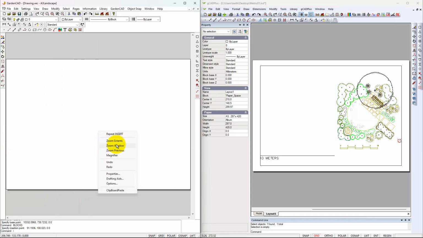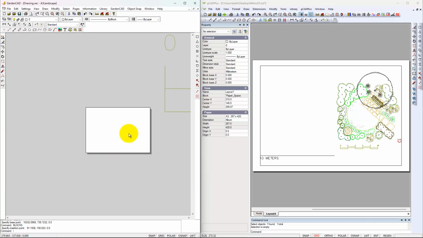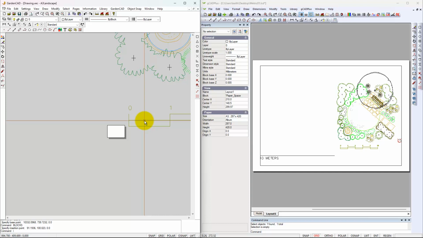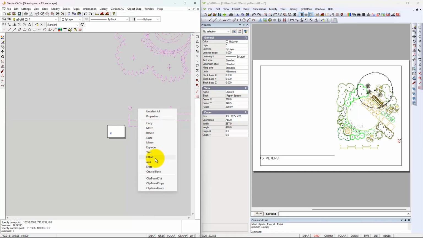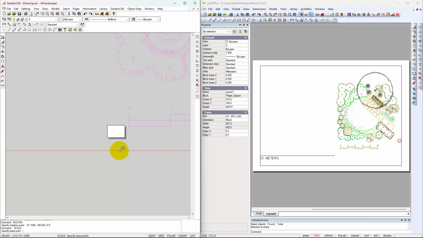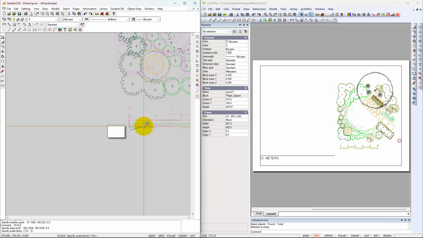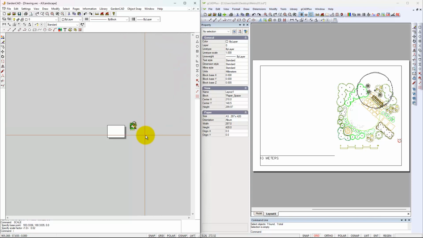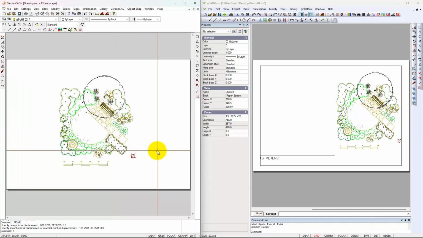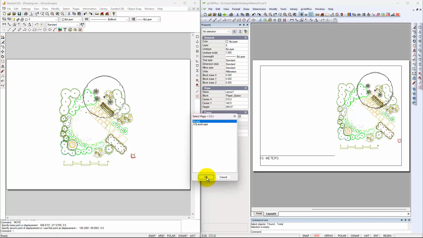If I zoom extents, it'll be way off the sheet somewhere. Here it is, and there's the design, and I'd need to then scale that down by, and there we'll make the base point there 0.02, and then we can move the, whoops, that's scaling. I need to move and pop that in. Now we can zoom extents. And if we now go back to selecting the page and go back to the model,